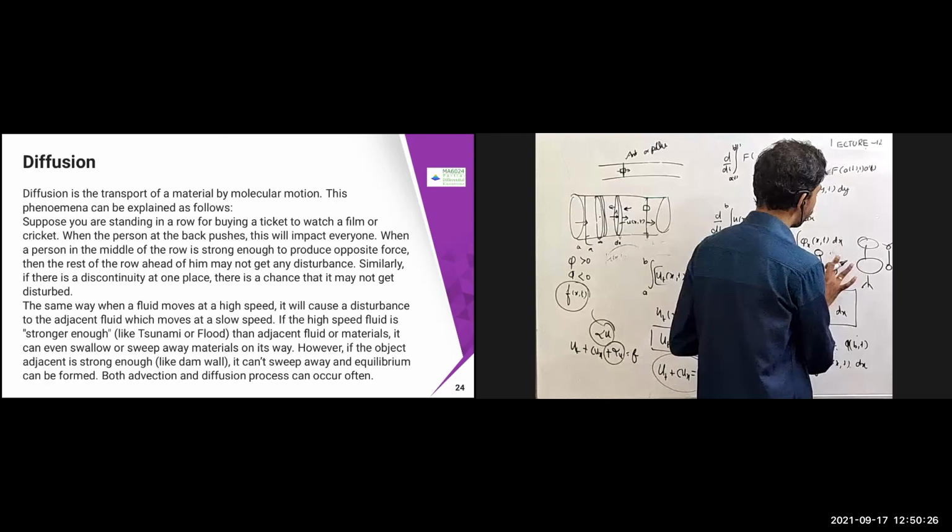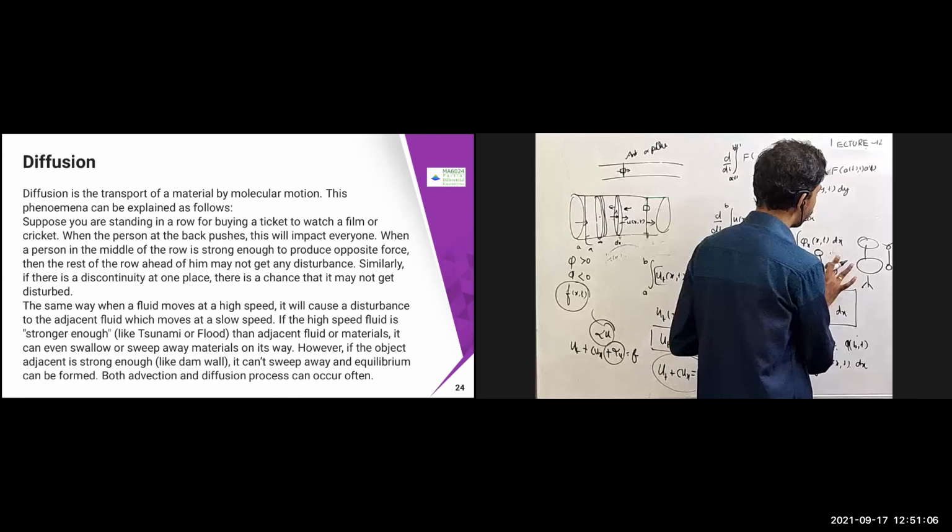The agitation of molecules depends on the temperature. So there are different parameters. It depends on the temperature, the density, and other physical parameters. For example, if you keep some wood, it may not get agitated that much. If you keep an iron rod, it will get quickly agitated. If you keep other materials, it may be different. So it depends on all these parameters. If you have a higher temperature or higher density, there will be a chance of higher agitation. That is, with more density gradient, more flow will be there.